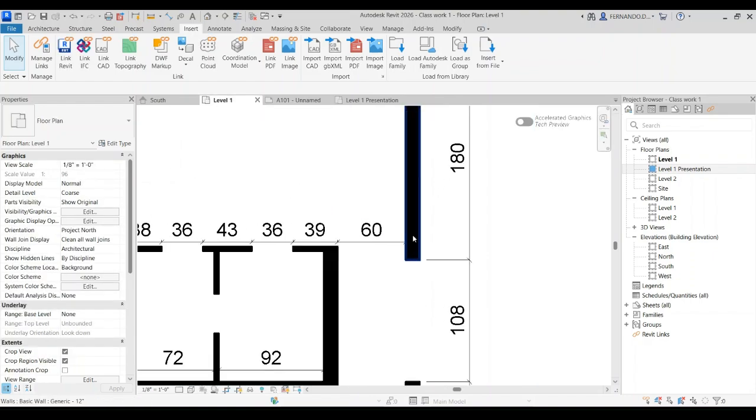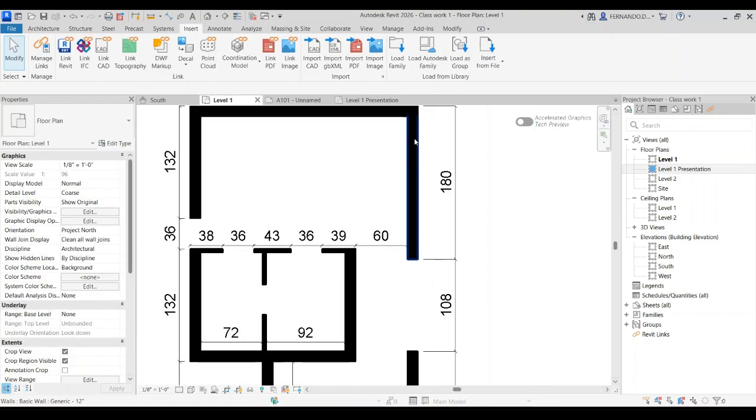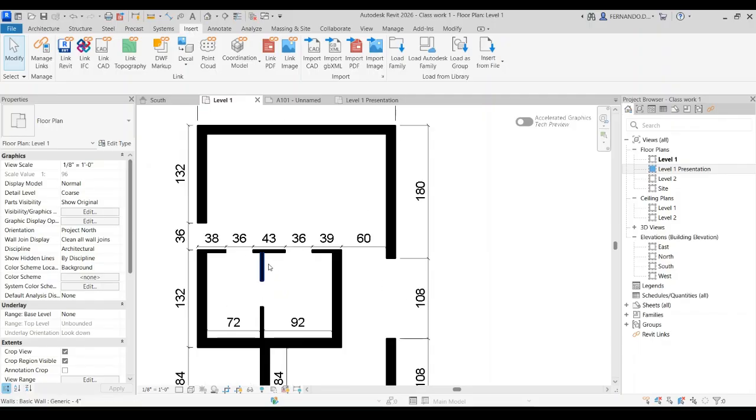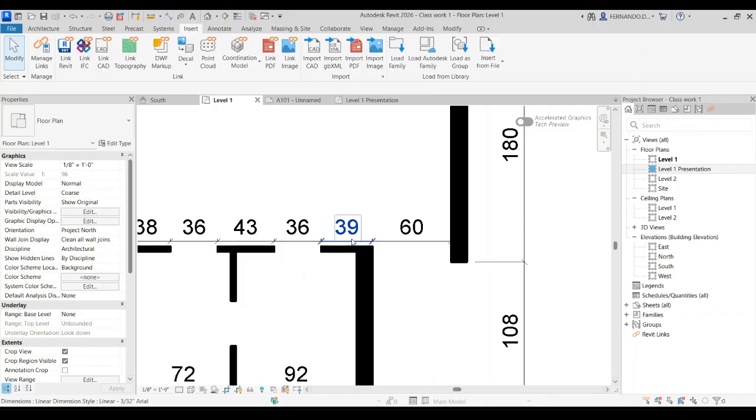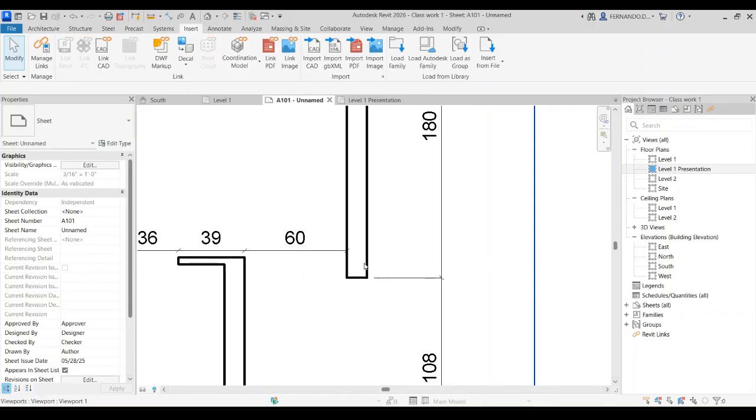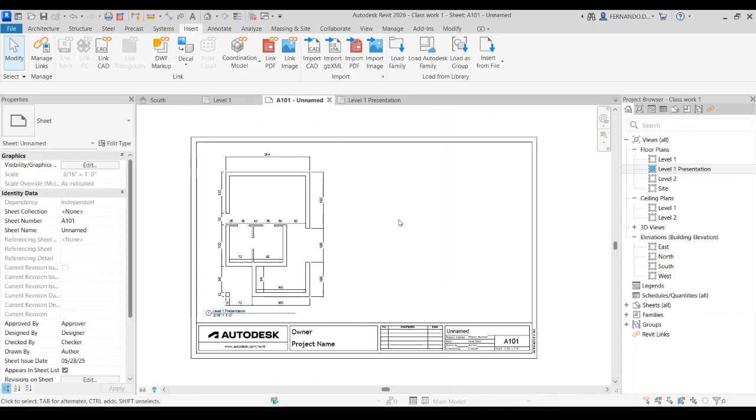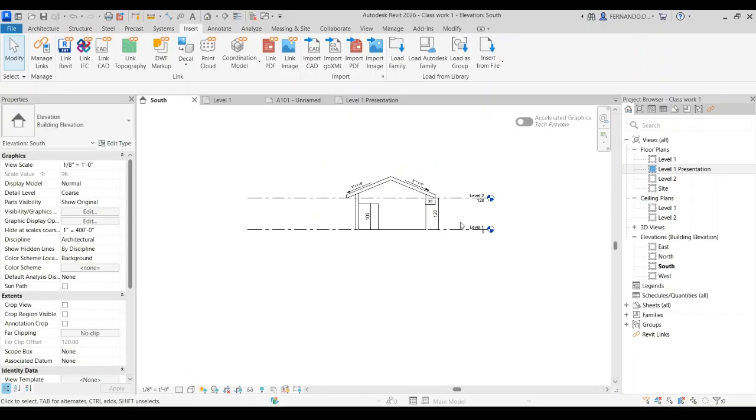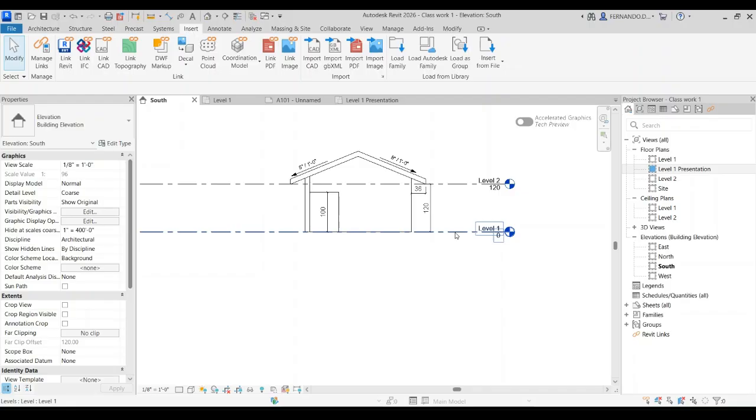For other presentations we will fill all these with black so that it's clear the difference between the dimension lines and the walls. But I think at this point it works well. And now we have to do the same with the south elevation. Okay, so with the south elevation,